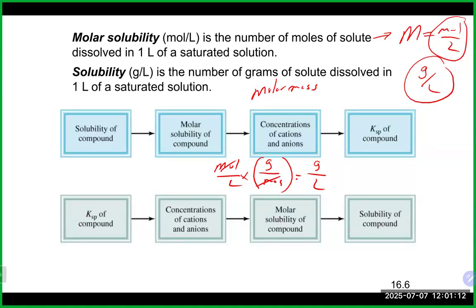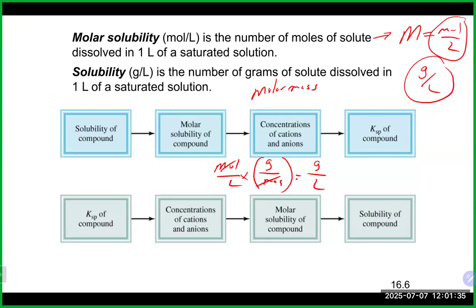Whatever unit that solubility is given to you in, you do want to get it really into the molarity, the moles per liter. And once you do that, you can figure out the molarity of each ion, and then you can plug it into basically the KSP expression and get an actual value for the KSP. So for that type of problem, technically speaking, you don't necessarily have to do an ice table